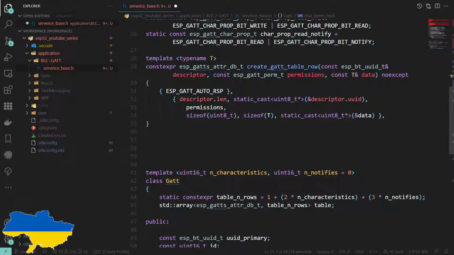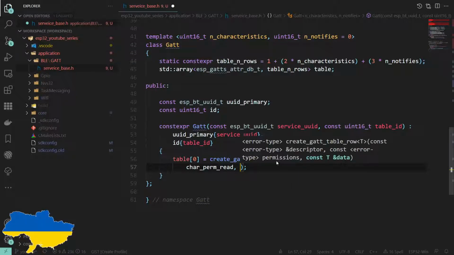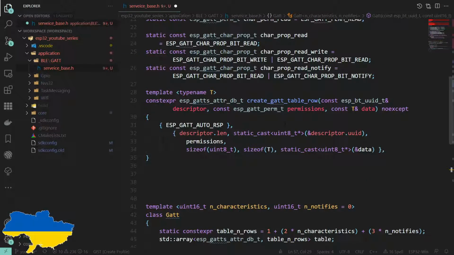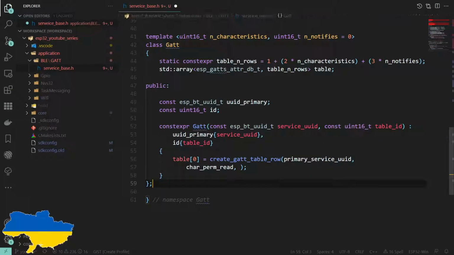So the second parameter to this function we've created is the permissions. Padink, knew it was going to do that. Why do I bother? And then the next one is actually the data, which is the service UUID, which we have here. So we'll pass that in, and that gets passed in by constref.